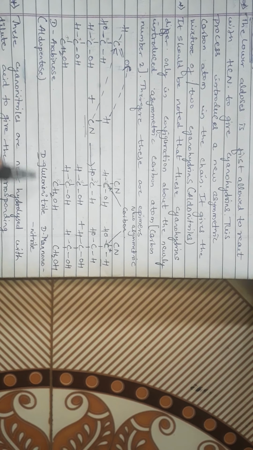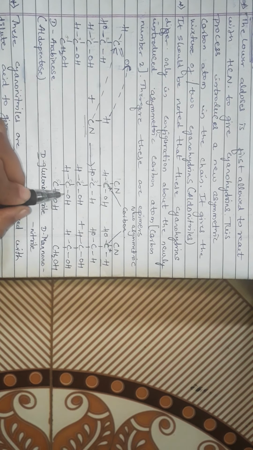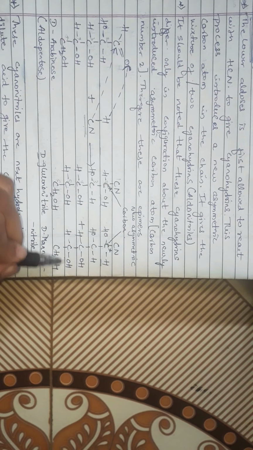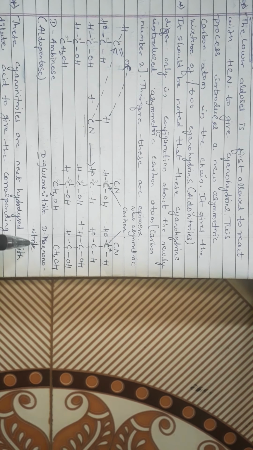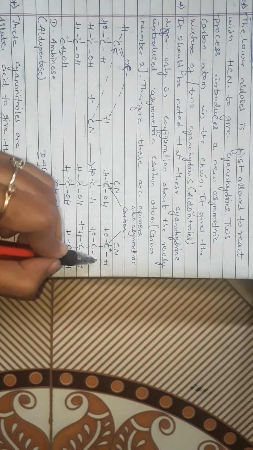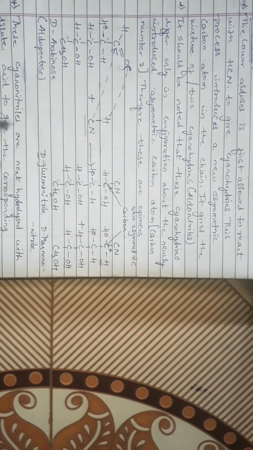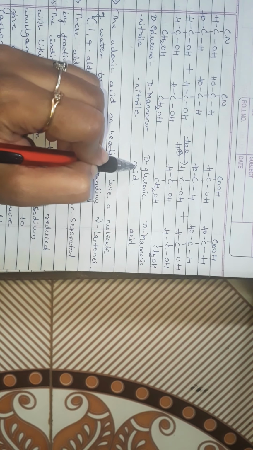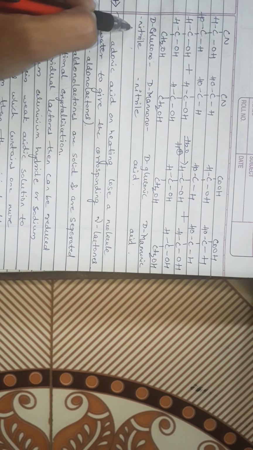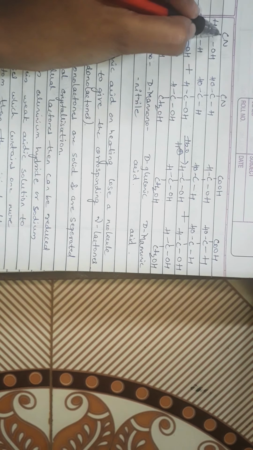It is called D. Why? Because of the presence of this OH at the right hand side, here also at the right hand side, so both are called D. It is a glucononitrile and it is a mannononitrile because of this hydrogen at the right hand side. And in the second step, these both undergo hydrolysis to give the respective acids. When glucononitrile undergoes hydrolysis, it gives gluconic acid. Here you can see CN is replaced by COOH.